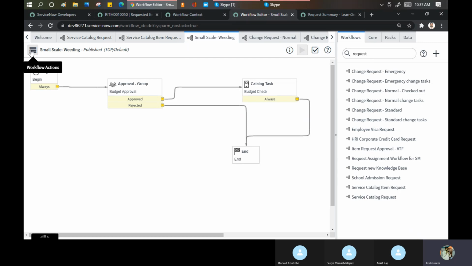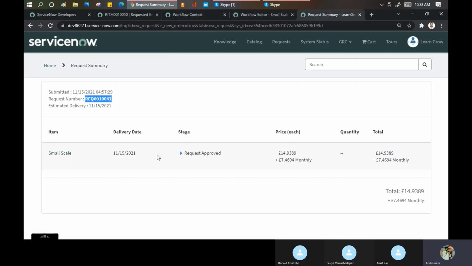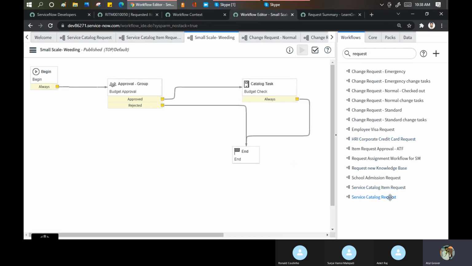Now what you have to do from your side as a homework, read this one, catalog request. You should read this particular thing, how this is working, and see why this workflow has been attached to every catalog item whose price is more than 1,000. Did you notice one thing? When I was submitting this, did I mention somewhere in the small scale that if my price is 1,000 only, then it goes for the approval? We did not define anything, but still, where has this workflow gone? This workflow is attaching with everyone.